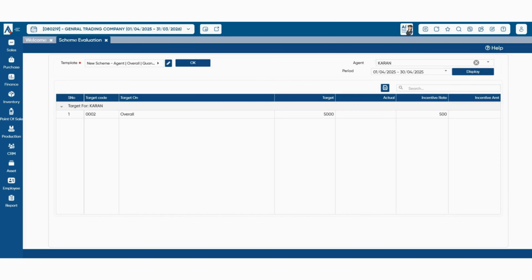So this is how you can use Align Books to manage agent-wise purchase incentives, track progress, and reward performance seamlessly. With that, we've now completed the full purchase module in Align Books. We've covered everything from vendor management, purchase orders, GRNs, purchase bills, returns and debit, credit notes, bulk invoicing, online payments,